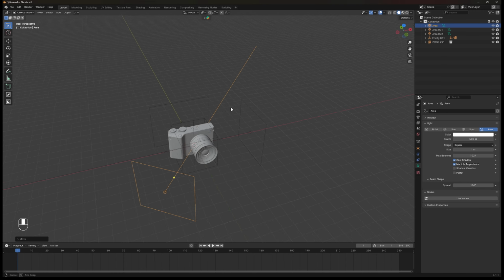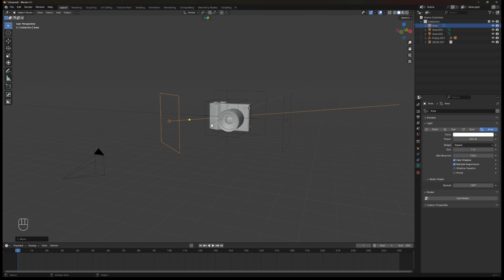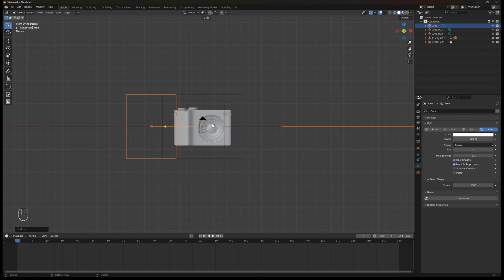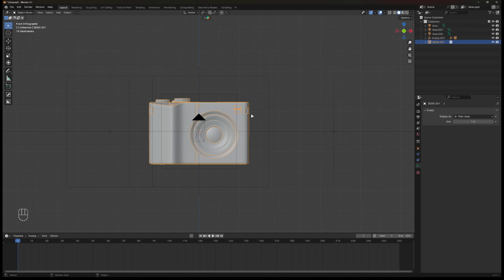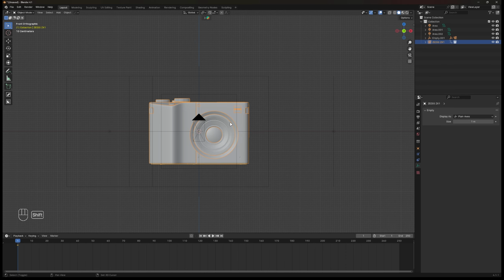Okay, let's move to animate the assets. On the bottom here, you will see a timeline panel. It shows up by default when you open Blender. So let's make it bigger and set the frame to 1. Select the asset and hit K to add a keyframe, then select location and rotation. Now a yellow dot will appear on the bottom timeline panel.